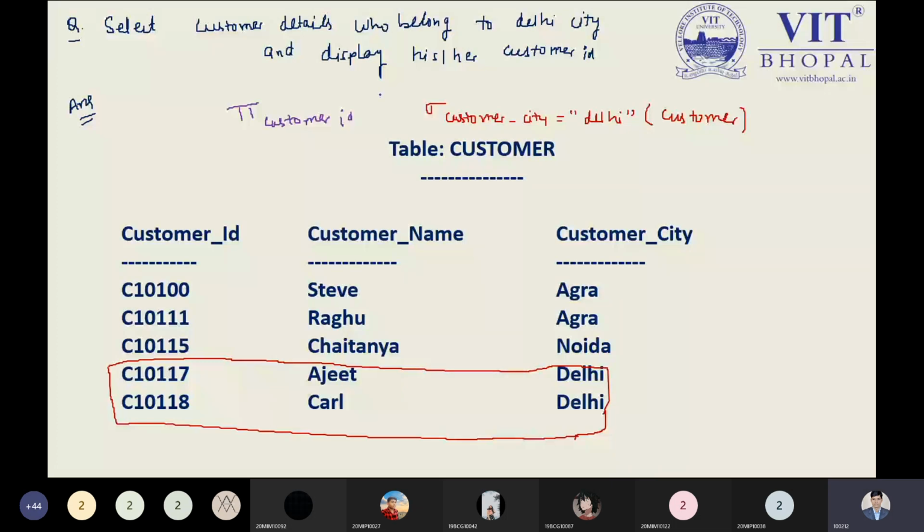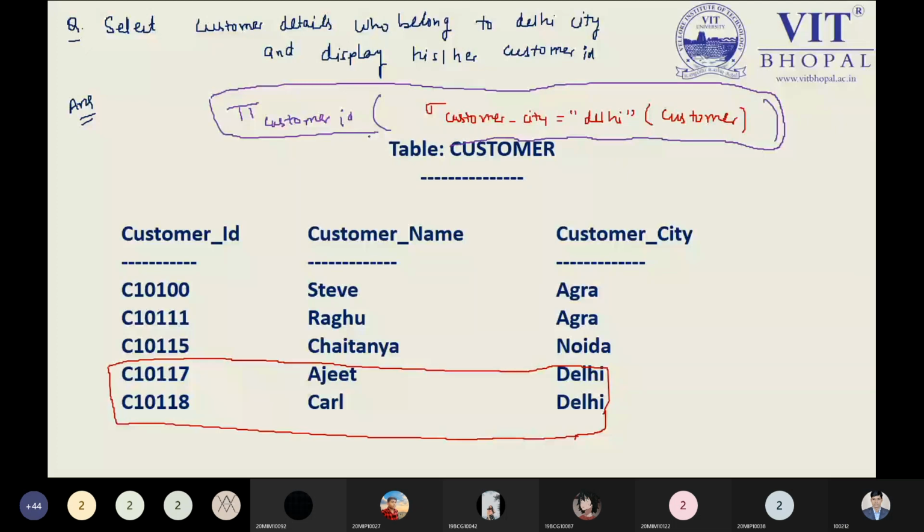So this is my query as a solution. Okay, and ultimately, it will display only these two pieces of information.